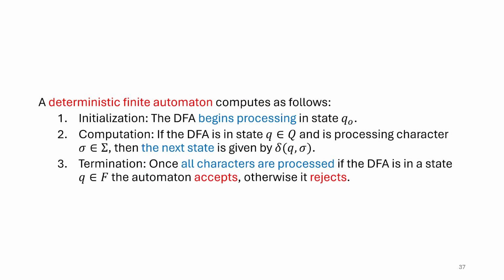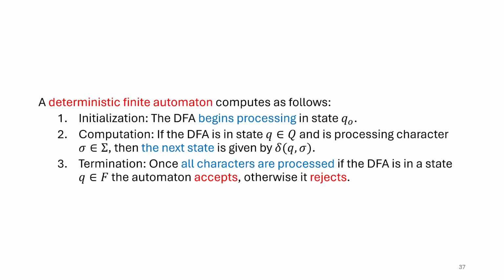All right, now that we have this idea of a formal deterministic finite automata, we can now expand on it and start defining some of the processes that we will be performing on the deterministic finite automata. In particular, we want to define computation, or how it computes. Remember, the purpose of this series is to study models of computation, or the theory of computation. So we're trying to define what computation means in some very formal and structured way. So that's what we're getting at here. So let's look at the 3 different components